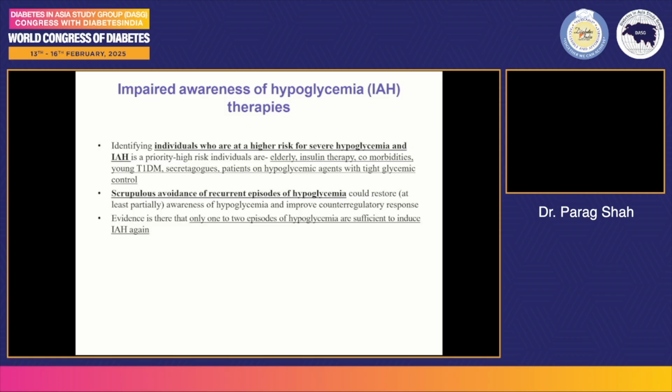If the patient requires secretagogues or insulin, try to give short-acting secretagogues or newer insulin analogs with less potential to cause hypoglycemia. To avoid nocturnal hypoglycemia, give insulin analogs which have a lower chance of nocturnal hypoglycemia. Ask the patient to have bedtime snacks like uncooked corn starch, specifically those who have significant nocturnal hypoglycemia and who need secretagogues or insulin, to reduce the chances of hypoglycemia, or they can have